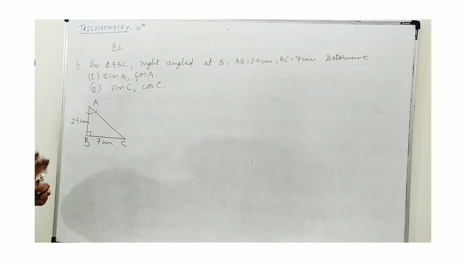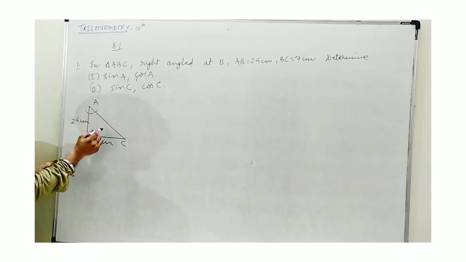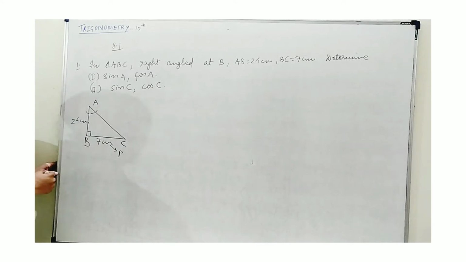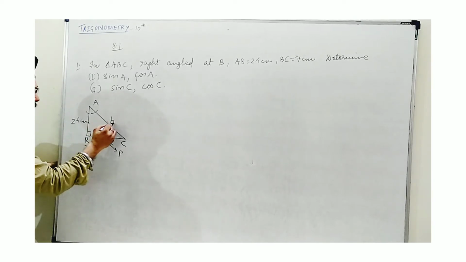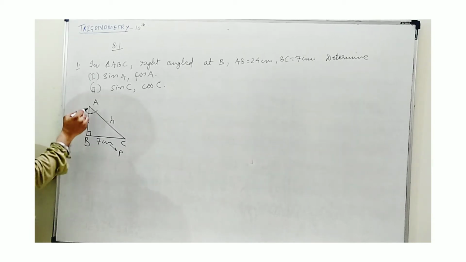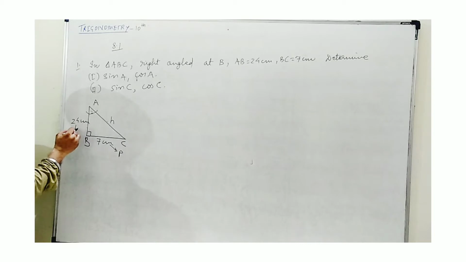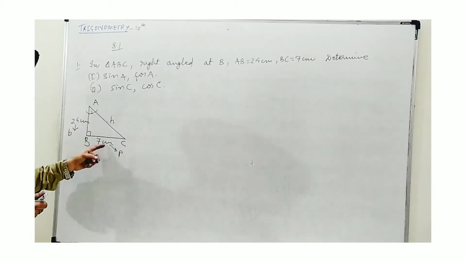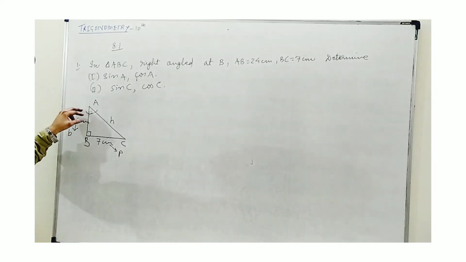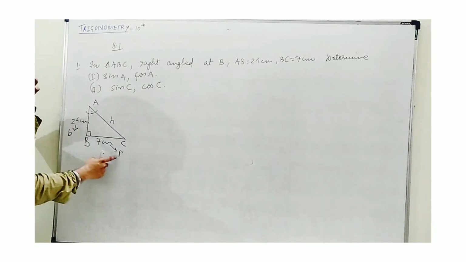So I said whichever acute angle you consider, its opposite side will be taken as P, perpendicular. The side opposite to 90 degrees will be taken as H, hypotenuse. Now the rest, base, is left. So the side adjacent to this angle, which is remaining, is AB. So this will be taken as base. In books you will find perpendicular as the opposite side and base as the adjacent side, so don't get confused.